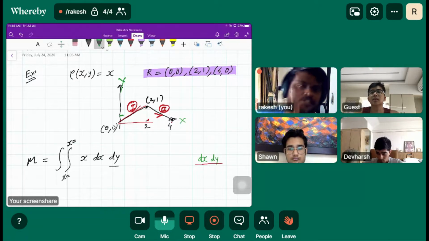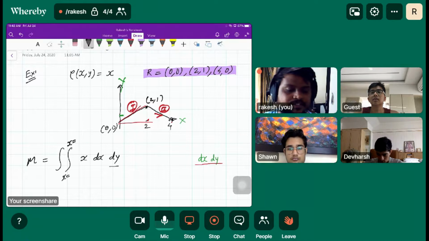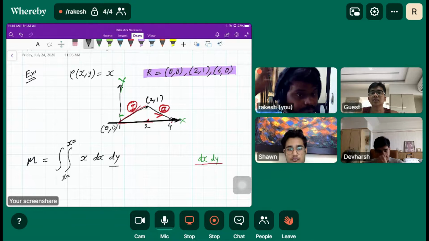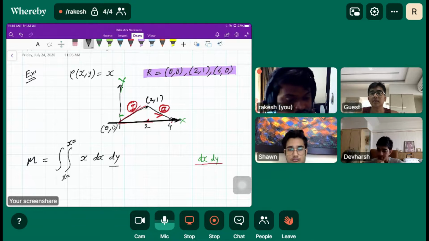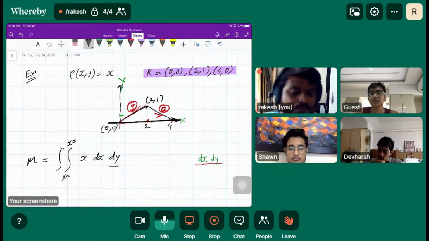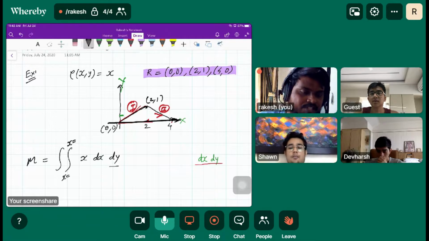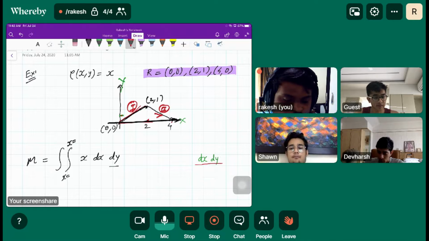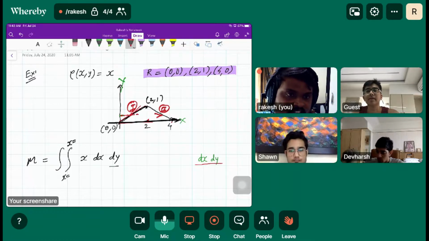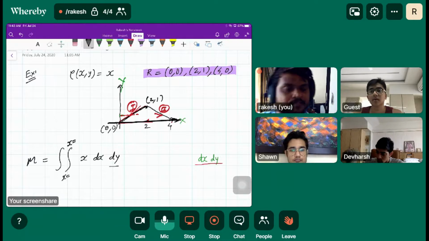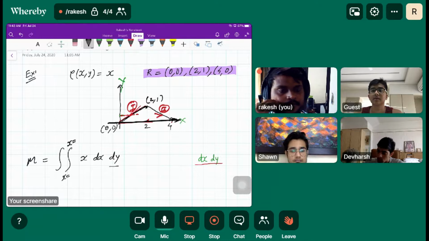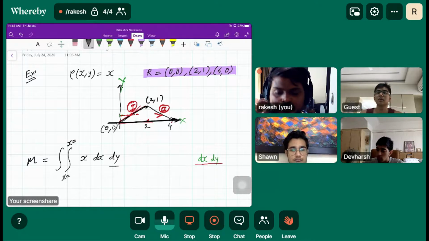What is the leftmost function here? Okay, 0 to 2 is the leftmost. This line, y is equal to something x. So you find out the equation of the line. If we go along this direction, we approach this function first, which is the leftmost function. So what is the equation of that function? Can you find that out? Y is equal to half x.